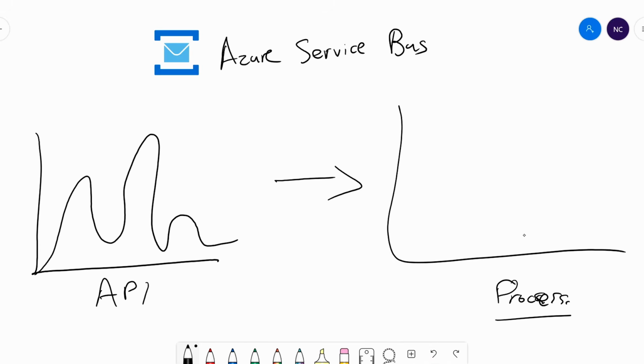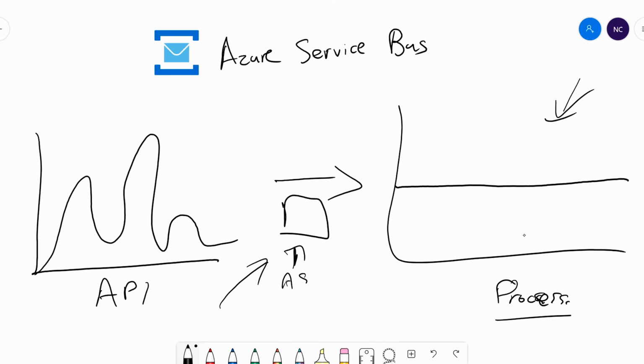In fact, Azure Service Bus allows us to load level our applications, because it processes at a constant rate and the messages stay in the queue while the application is processing. So you're not bound to scale up your service as much as your API that originally pushes into Azure Service Bus. Load leveling is another reason why you would use this.